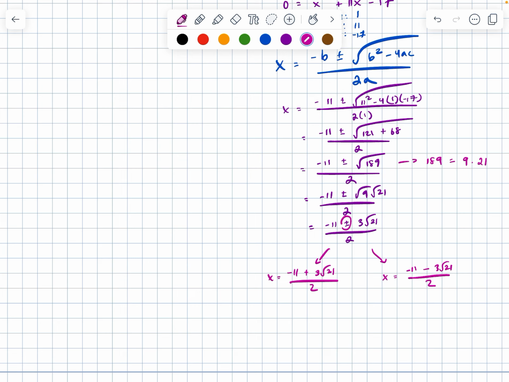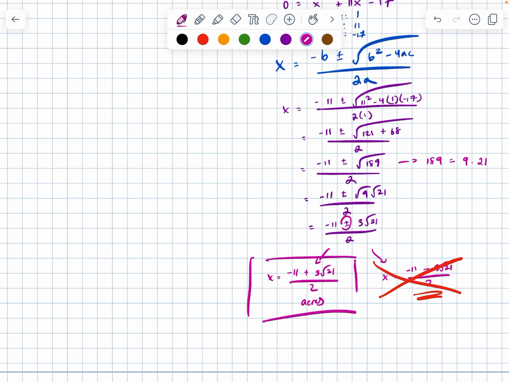Well, in context, because I'm working with length, if I look at the one on the right, notice that negative 11 minus something is going to get even more negative. The stuff on the right is a negative value of x. And I know that length cannot be negative. In context, that answer cannot make sense. For the one on the left, that means that negative 11 plus 3 root 21 all over 2 acres should